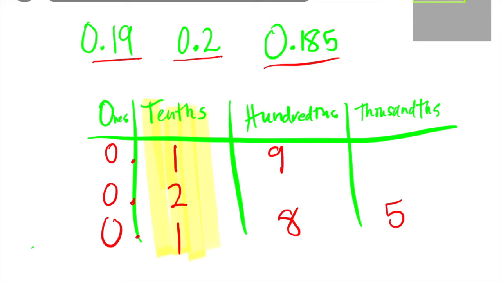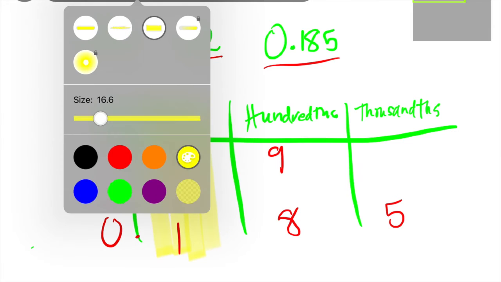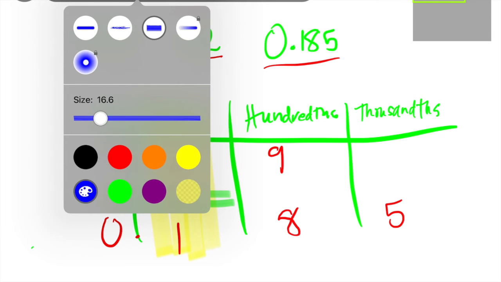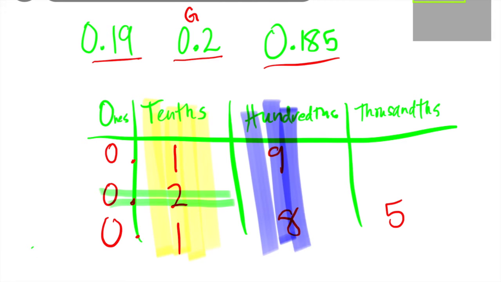So we can see that right now we can see the greatest number, right? Because 2 tenths is greater than 1 tenth. So we know that 2 tenths is going to be the number that is greatest. And now we just need to compare 19 hundredths and 185 thousandths to see what is the next greatest number. So let's compare in the hundredths place. We have 9 hundredths and 8 hundredths. So the lowest will be 8 hundredths, so 185 thousandths is going to be the littlest number,